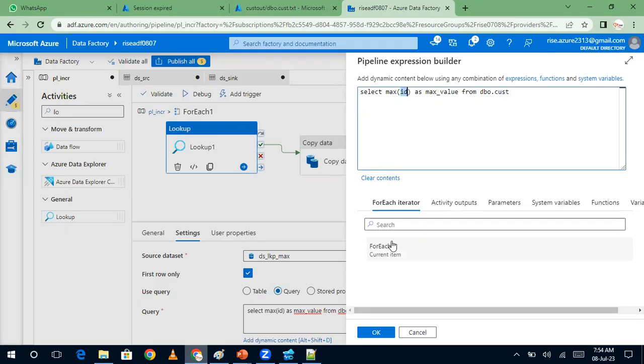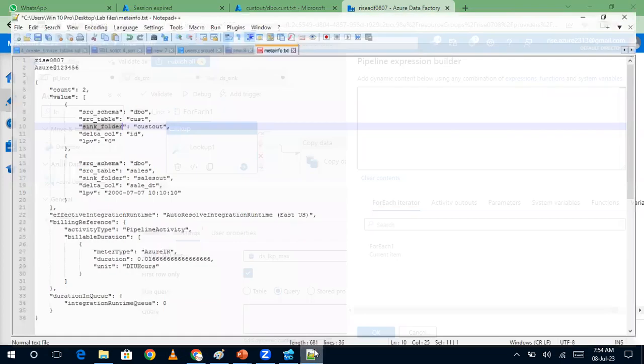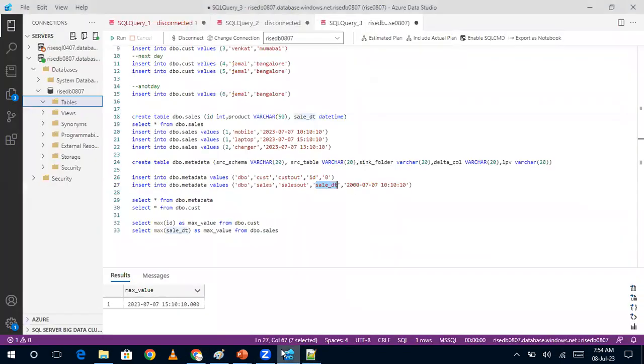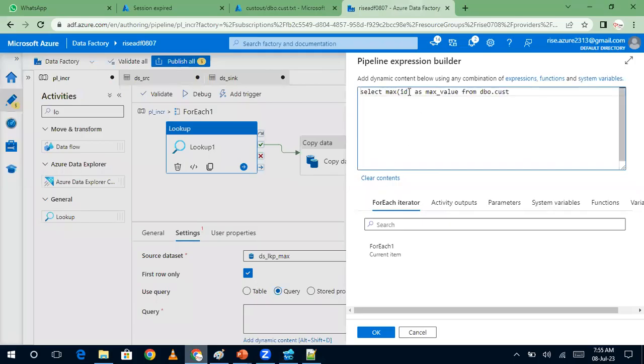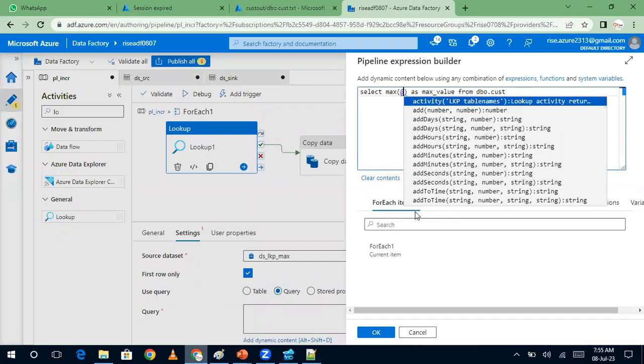I will give you first table. If anyone wants to try, they can try. But let me give you the ID. How will you get the ID? You will get it in this way. Sorry. Let me edit this expression one more time. This is the query I want to execute. So let me come here into the pipeline. Okay. Now this is ID. This ID should come as @item dot